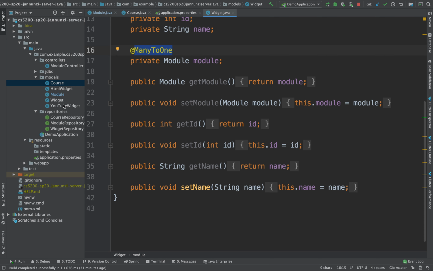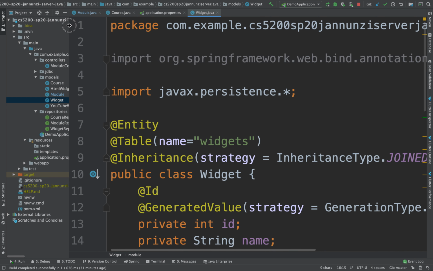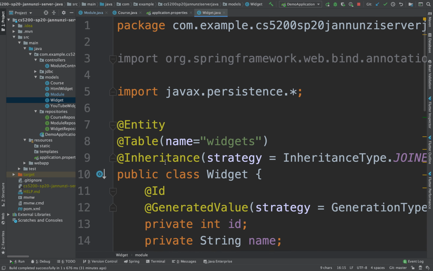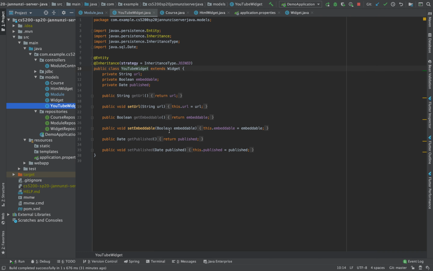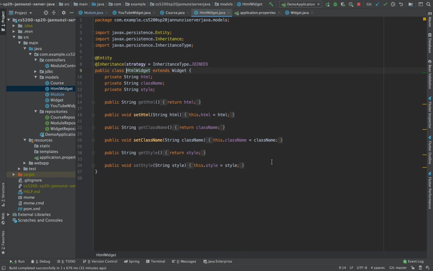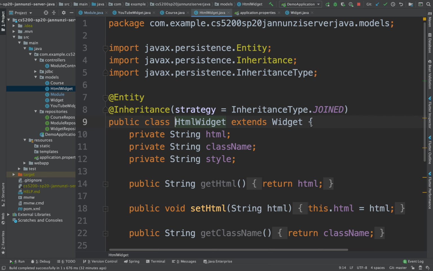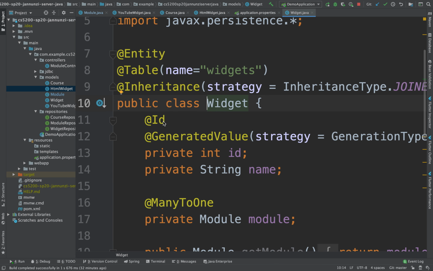We looked at the widget as a base class that was inherited by several other widgets. We saw that the widget was the base class that the HTML widget and YouTube widget inherited from. Notice that here we have the YouTube widget inheriting from widget, and we also have the HTML widget also inheriting from widget. Notice that these widgets, even though they're entities, we're not declaring the primary key ID. Instead, they're inheriting that primary key from the widget that is the